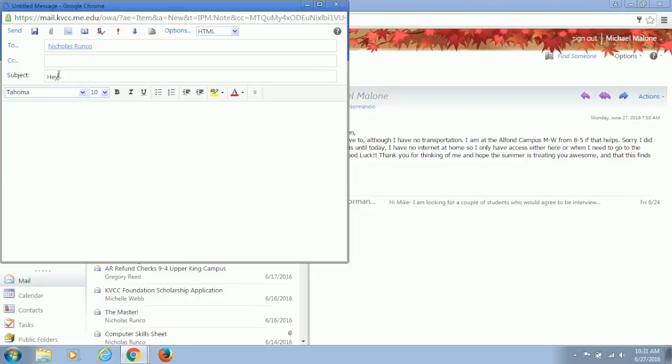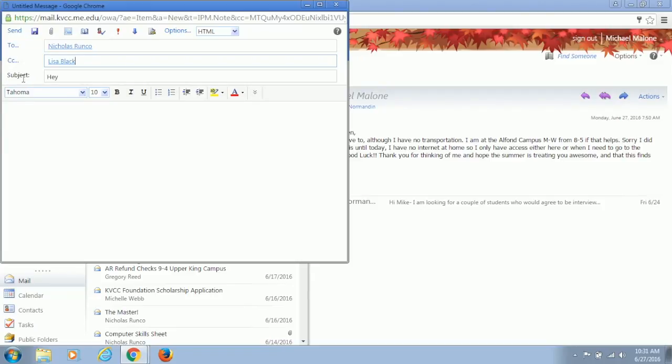As you can see, there are some other letters over here. CC is carbon copy, which is who else you want to send it to, like I was talking about with Landy and Lisa and Michelle. Let's put Lisa. If you've already sent them emails in the past, it saves them automatically.